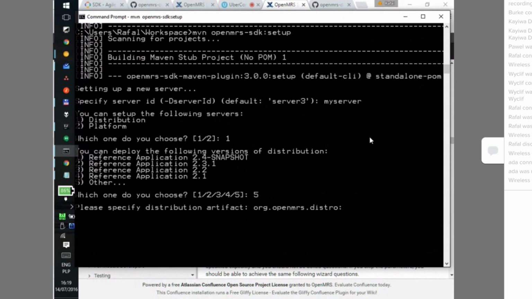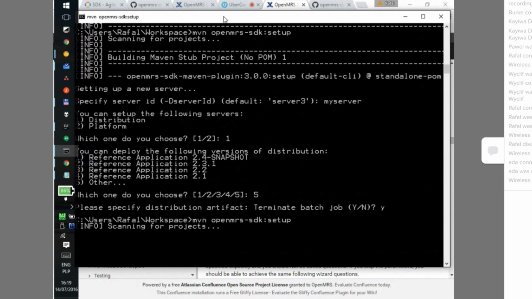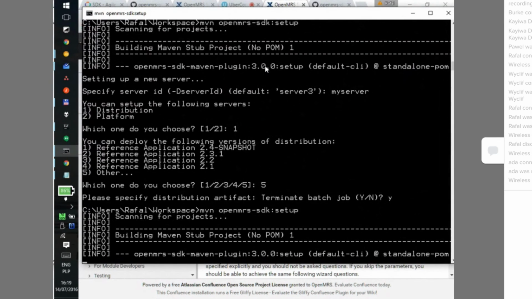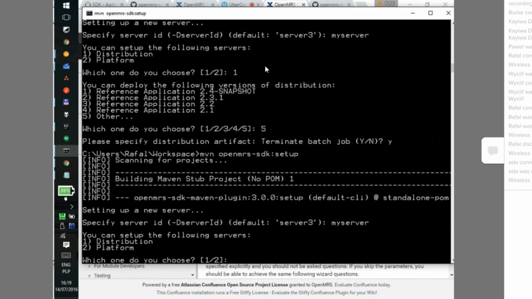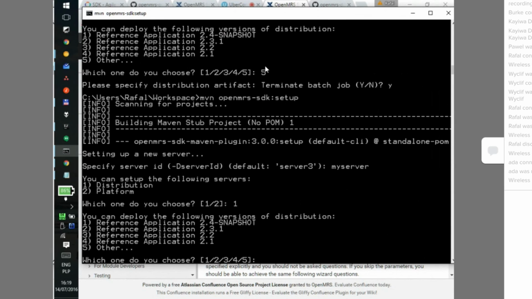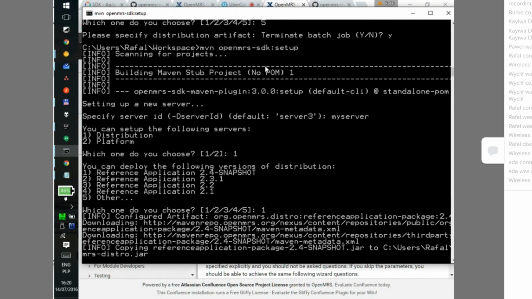Okay, so let me just do that and instead select something that's predefined. So server, choose distribution, and now I can, for example, choose reference application 3.1. When I choose a snapshot version, I will also choose a snapshot version, and basically what happens is